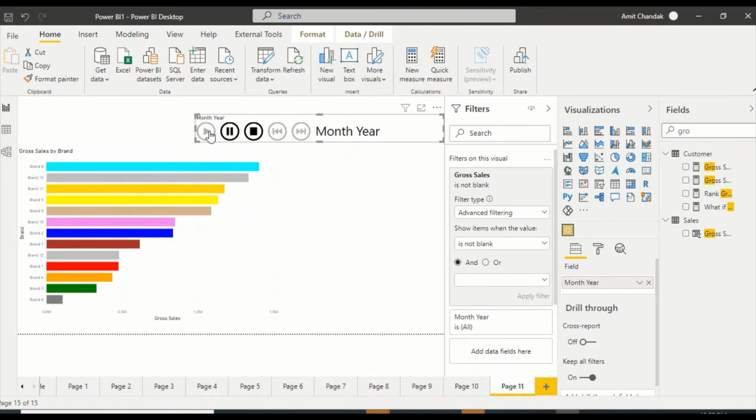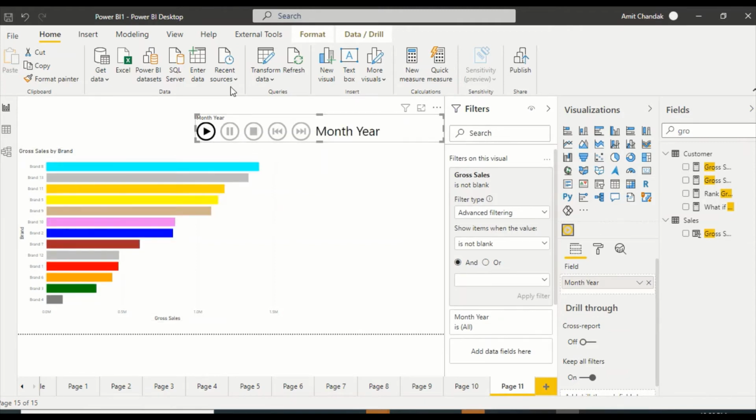So let me play this. Okay, so you start seeing this thing. Now there's one thing you might have observed, that immediately it starts showing something which is not visible to us, then they are lightened one. And you now start seeing the fill, because the interaction by default in Power BI is fill.